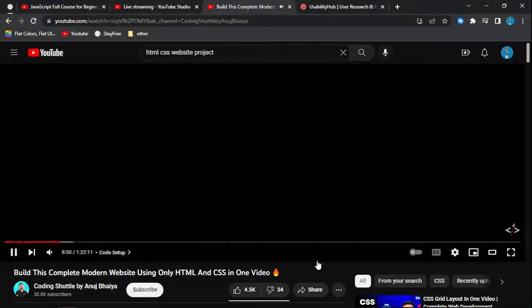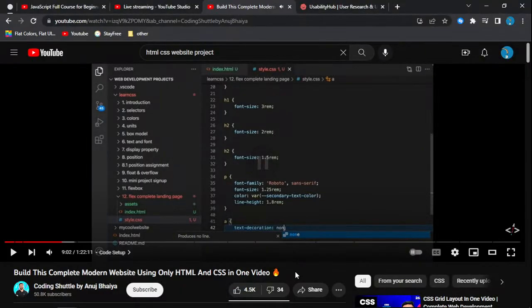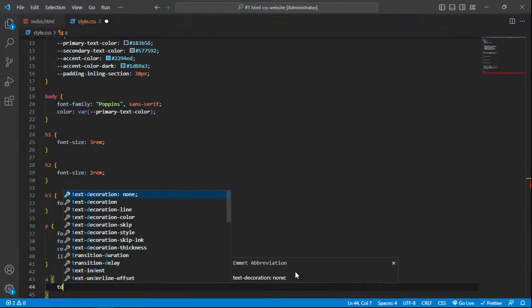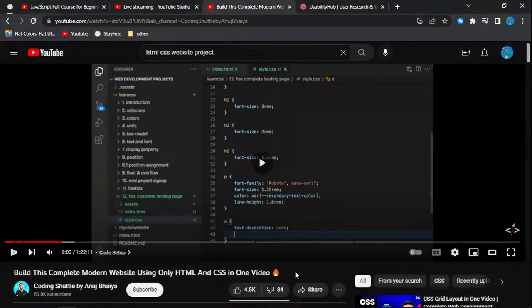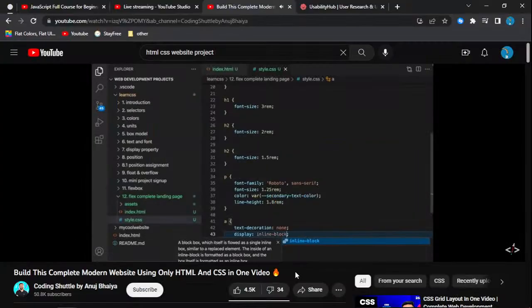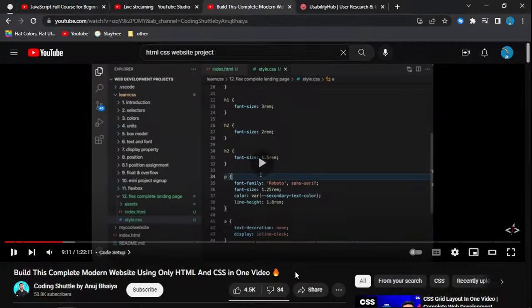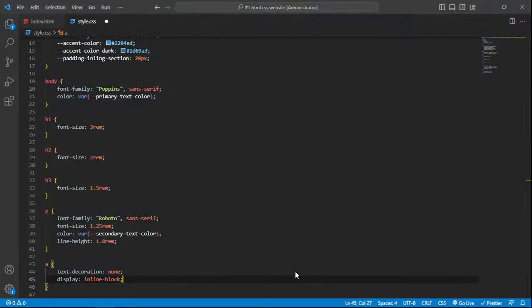इसके बाद हमारे जितने भी एंकर टैग्स होंगे, बेसिकली ए टैग्स जितने भी होंगे उनको भी हम यहाँ पर कुछ स्टाइलिंग देते हैं। बाय डिफॉल्ट टेक्स्ट डेकोरेशन इसको मिला होता है अंडरलाइन, हम इसको नन कर देंगे सो दैट कुछ भी अंडरलाइन बन के ना आए। एंड देन जो डिस्प्ले होता है बाय डिफॉल्ट इनलाइन होता है, हम इसको कर देंगे इनलाइन ब्लॉक। ये कुछ ऐसी चीज़ें हैं जो आप यूजुअली हर वेबसाइट के अंदर कर ही रहे होते हैं, वेबसाइट बनाने से पहले भी। तो ये हमने सारी चीज़ें यहाँ पर कर दी हैं सो दैट पहले से कुछ स्टाइलिंग हमारी वेबसाइट के अंदर आ जाएगी।